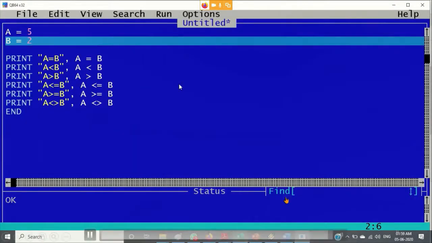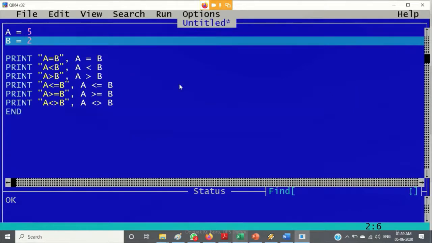Yes. Yeah, you can create what, Naman? Yeah, you can create the calculator. I will show you how to create a simple calculator by taking the numbers. For that, you have to go for the graphic designing commands in QBasic. That I am not so expert in. I have to learn the graphical things.